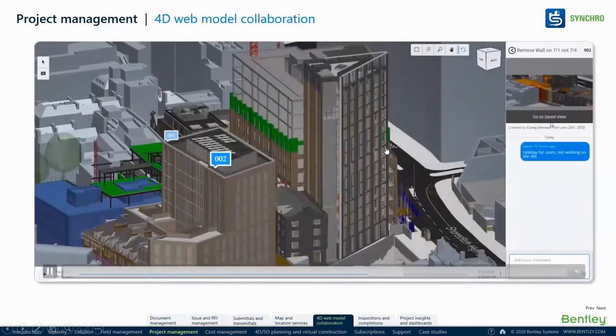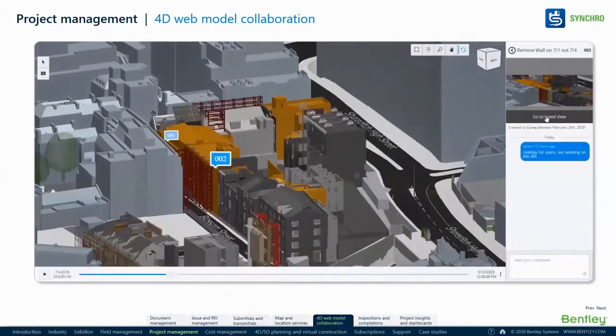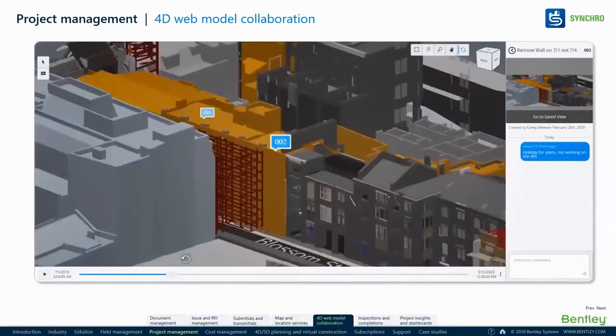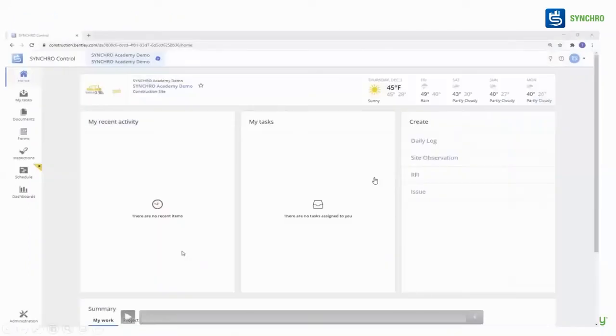The major advantage of using Synchro Control is that it's a web-browser-based, Microsoft Azure-backed platform where you only need a web browser. Google Chrome will do. You do not need any other hardware platform to have Synchro Control.